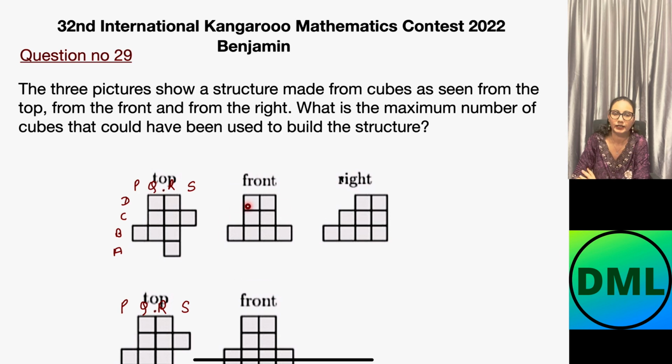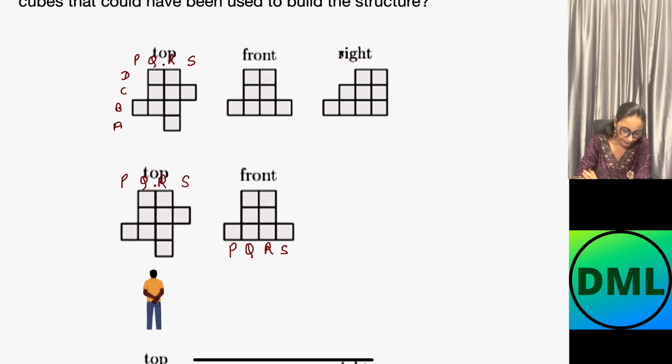This is your front side of the picture. When you look at the picture from the front side, it will look like that. Let's compare this top and the front figure. This is your top view and you are standing in front of that. You can see the columns P, Q, R and S. In the front picture, I have written P, Q, R and S because I can see P, Q, R, S when I am sitting in front of the top figure. If this is P, Q, R, S, we have to write down this number and fill it in the top figure. As you can see, there is only one cube here. Let's write down the answer here as one cube.